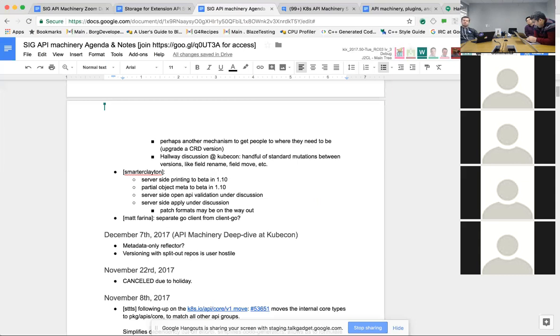They don't want to go take a bunch of files and generate their own client. They just want to say go import this package, and it works, and it's nicely versioned, and I do minor version updates, and I get new features such as new types that came in a new version of Kubernetes. And ideally, because of the way our type system works, I could point it at a 1.9, a 1.8, and a 1.7 cluster, and it would know how to talk to each of those without having to match types. I think you're asking for a rule where we never break users, and we don't have that rule right now.